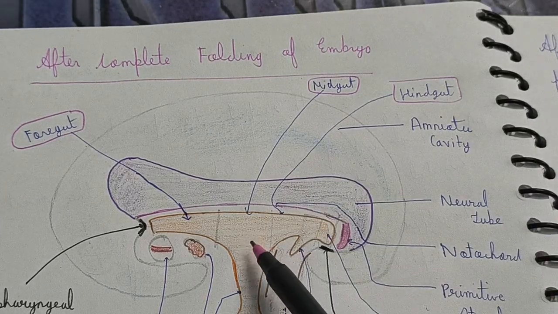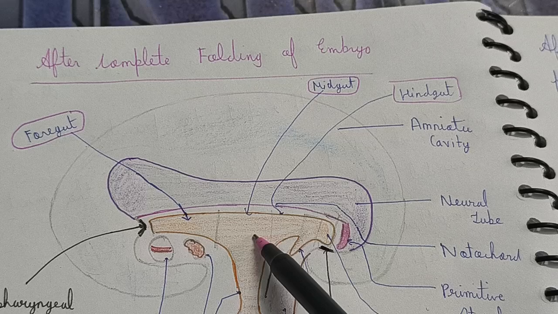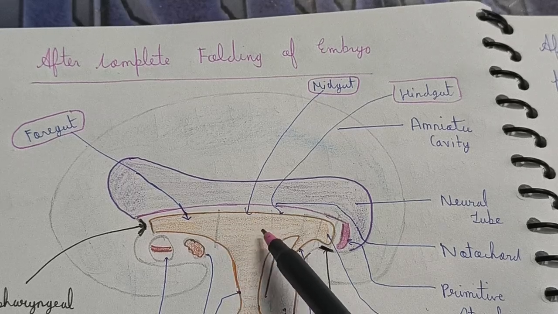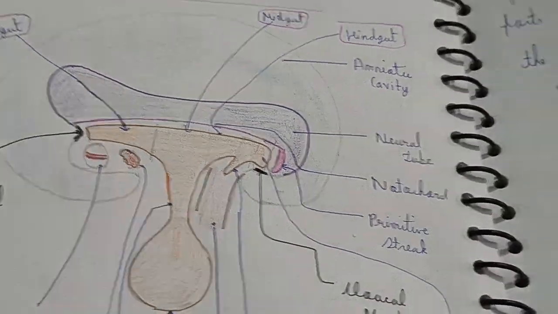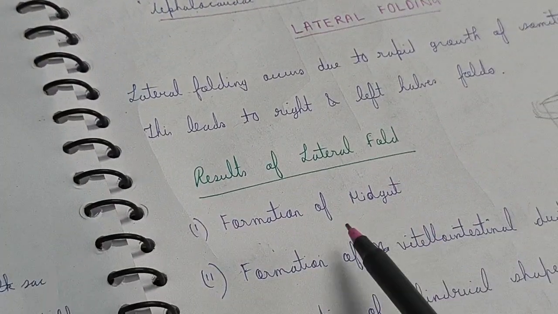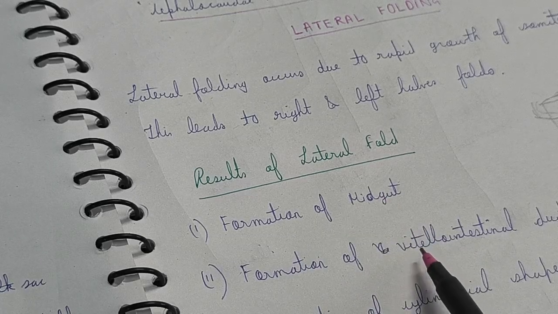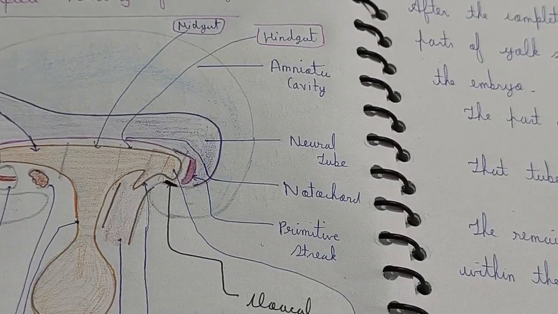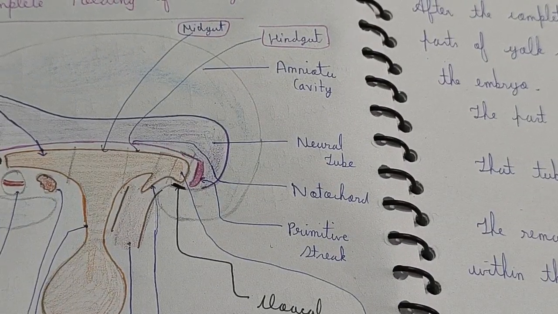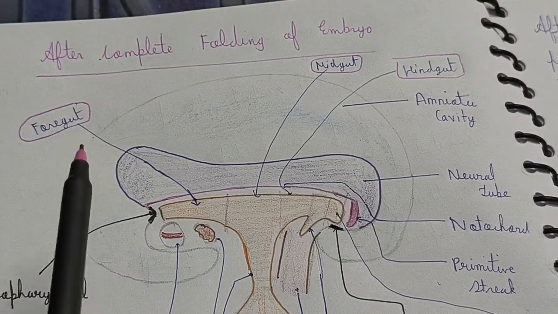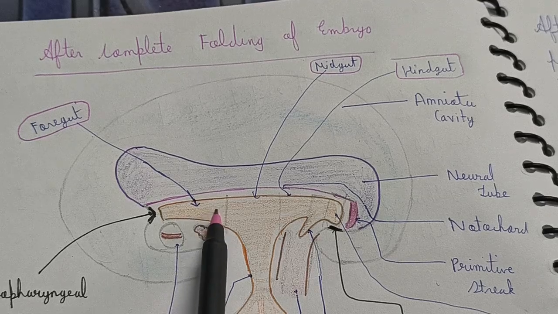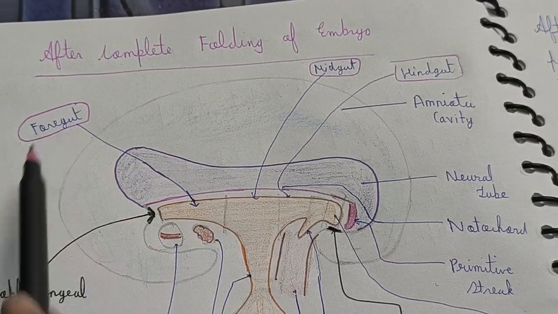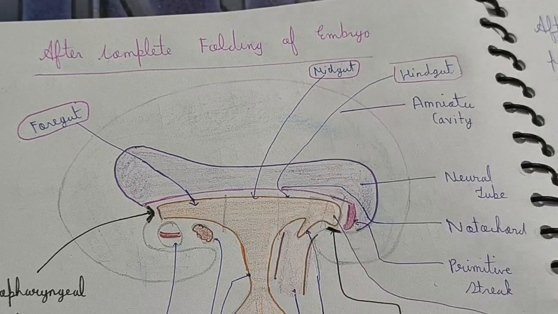Now, if you want to understand what the midgut is, the portion of the primitive gut which is in contact with the vitellointestinal duct is known as the midgut. I hope you are able to understand this concept, what the midgut is, and the vitellointestinal tract. All these portions I have written. And also, we can now simply define the foregut and hindgut. The portion of the primitive gut cranial to the midgut is known as the foregut, and the portion caudal to the midgut is known as the hindgut.